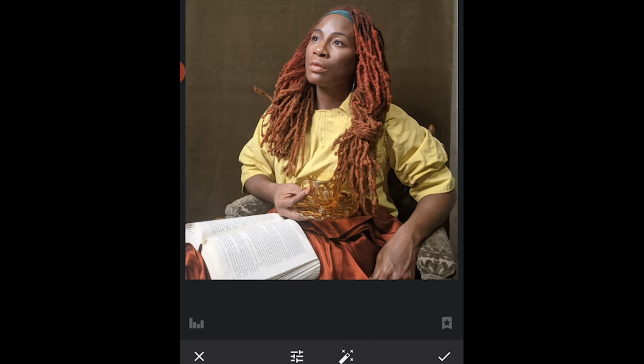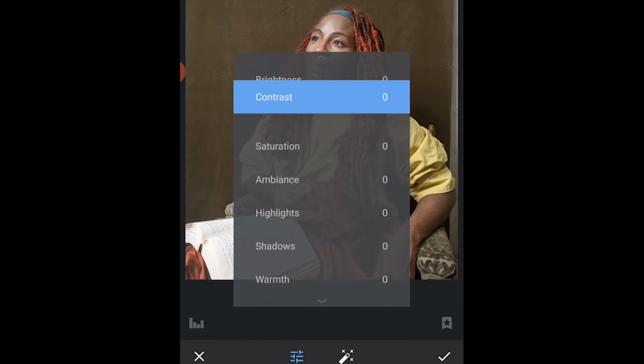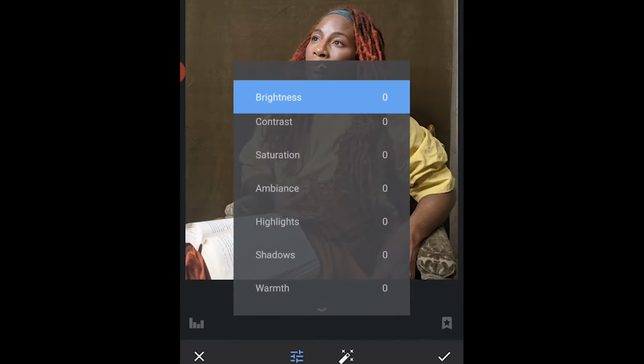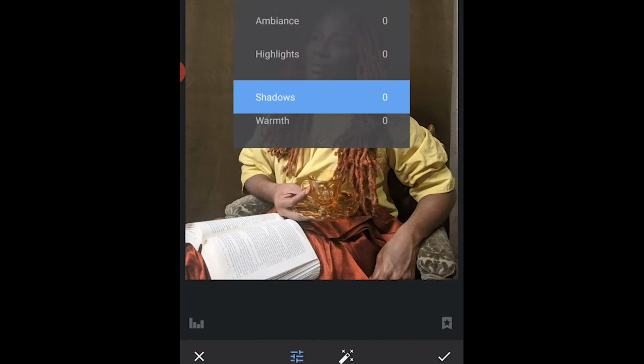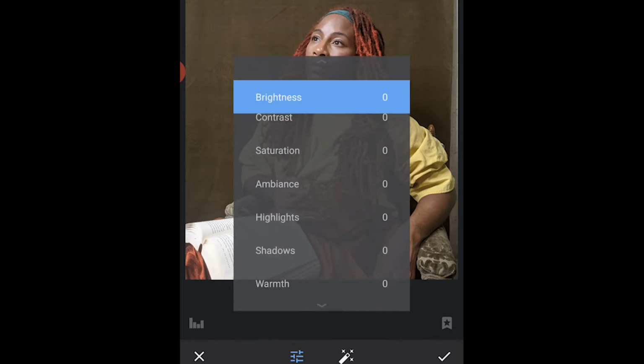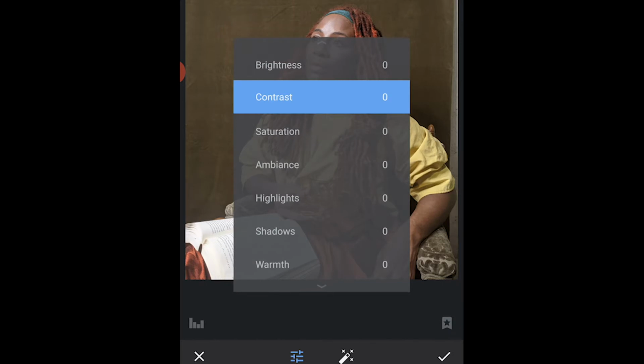We've got brightness at the top of the screen. If we scroll up with our finger by holding on the screen, your options will come up for brightness, contrast, saturation, ambiance, highlights, shadows, and warmth. To actually make an adjustment, like I'm on brightness right now, I can slide to the right and it will increase the brightness, or I could slide to the left and it will decrease the brightness. Same rules apply for contrast,